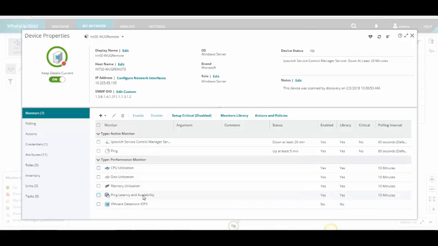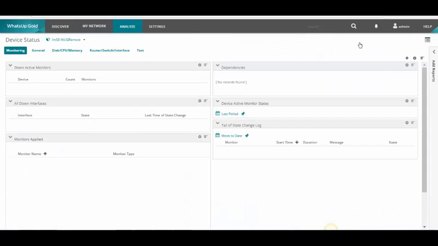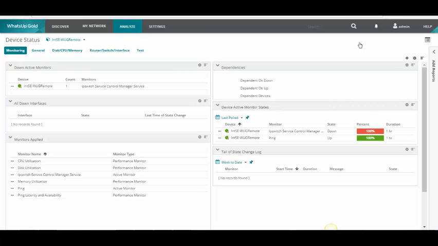That information came in from Discovery, and that's what we would expect to see on Windows or Linux devices, with the exception of the VMware data store if it's not a VMware device. And then we can go to the status of this device and take a look at the information over time and see how it's performing. And we can also do this with the network gear as well.